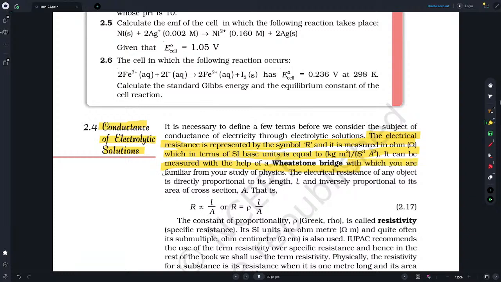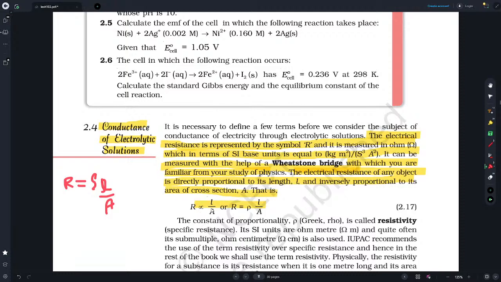which you are familiar with. Of course, you are familiar with it from the study of physics, third chapter, current electricity. The electrical resistance of any object is directly proportional to its length and inversely proportional to its area of cross section. Basically, resistance equals rho L by A, meaning